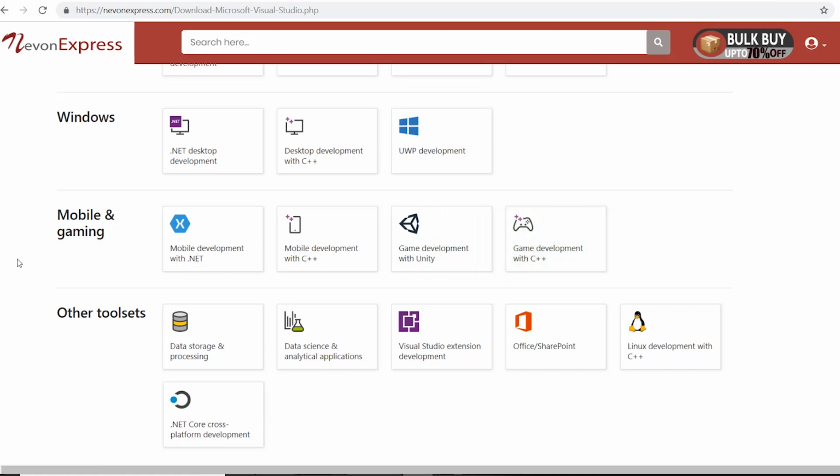Apart from these, we also have other tool sets which include data storage and processing, which means Visual Studio has support for a wide variety of database technologies, relational as well as non-relational databases. Then we have data science and analytical applications, and Visual Studio extension development, which means you can develop your own extensions for Visual Studio. Then we have Office SharePoint support and Linux development with C++. So this basically gives you an idea of how vast the Visual Studio